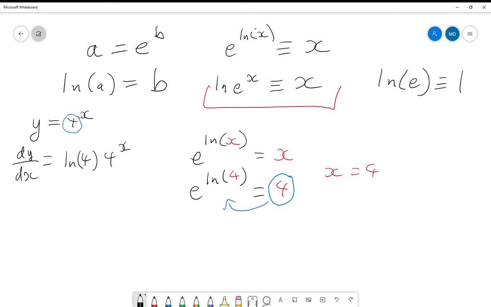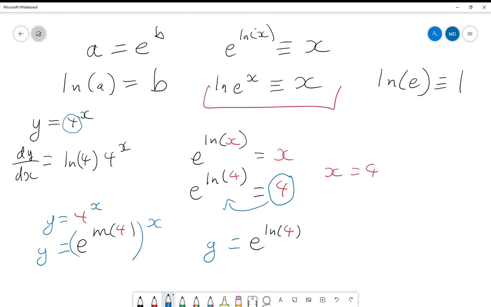And so what I'm going to get is, rather than y equals 4 to the x, I'm going to get y is equal to e to the natural log of 4 all to the power of x. So I've just replaced the 4 with e to the natural log of 4. Then let's start doing some simplification. That gives us that y is going to be equal to e to the power of the natural log of 4